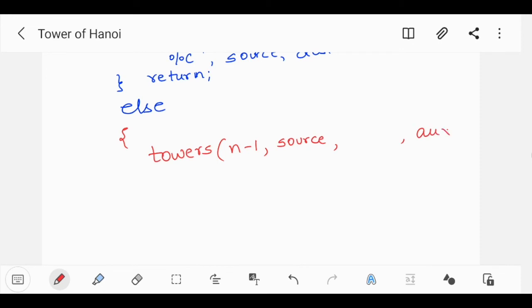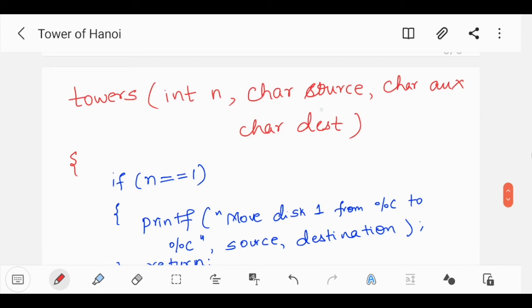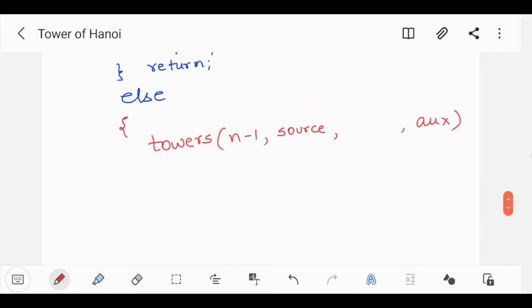Remember, just make a note of the order that I'm writing, because here in the definition it is source to destination using auxiliary. Step 1 says from the source to the auxiliary using destination. Yeah, using destination. This is the first recursive call, and step 2, as I said, should be a printf statement. So let's print it. Let's say move